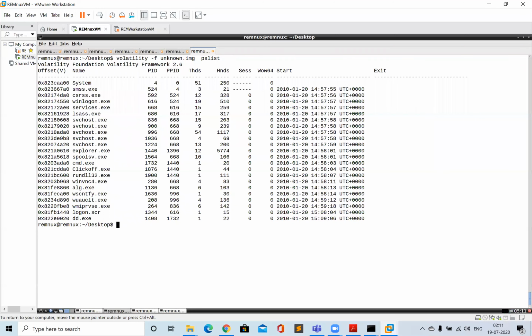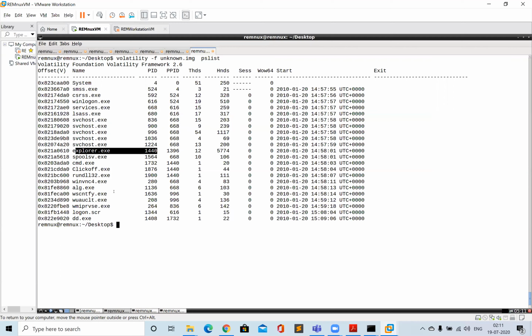Okay, I can see the parent ID. I can see the PID value, the ID value of that process. I can see the parent ID of that process, and maybe I can also do a mapping out of that. Suppose I click on that exe, you can see that it has the PID value of 1870, but the parent ID is 1440. So now I know the parent ID, but what is the parent process name? I will see that this 1440 is actually allocated to explorer.exe. So now I can tell that the parent of that exe was explorer.exe.